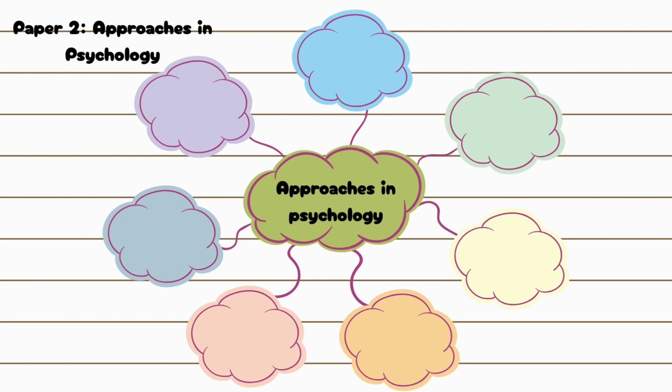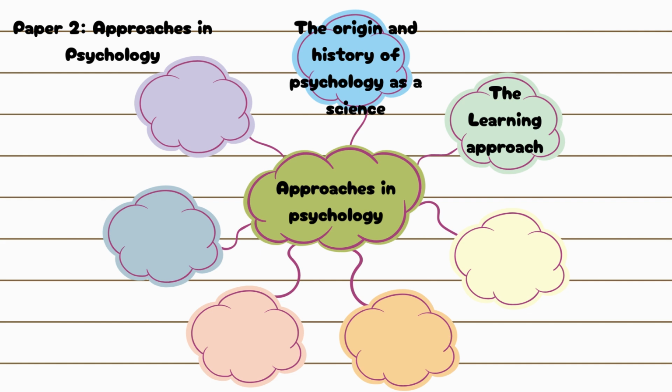Topic 5 is covered in Paper 2, Approaches in Psychology, and looks at origins of psychology. First, Wundt, introspection, and the emergence of psychology as a science. Next, the basic assumptions of the following approaches. Learning approaches: the behaviorist approach, including classical conditioning and Pavlov's research, operant conditioning, types of reinforcement, and Skinner's research; social learning theory, including imitation, identification, vicarious reinforcement, the role of mediational processes, and Bandura's research; followed by the cognitive approach,